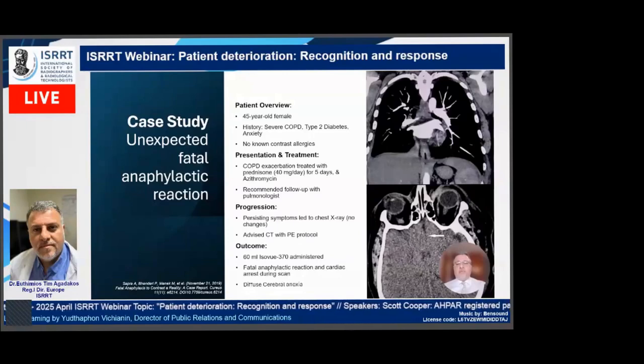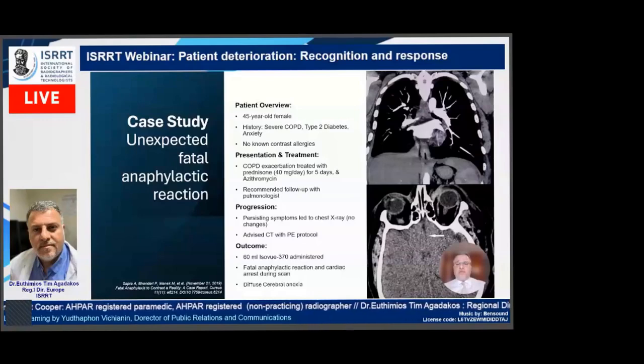The patient presented with COPD exacerbation and received treatment with prednisone and azithromycin. Despite this intervention, her symptoms continued, leading to a chest X-ray that revealed no significant changes. A CT scan with a pulmonary embolism protocol was then indicated, and tragically, during that scan,